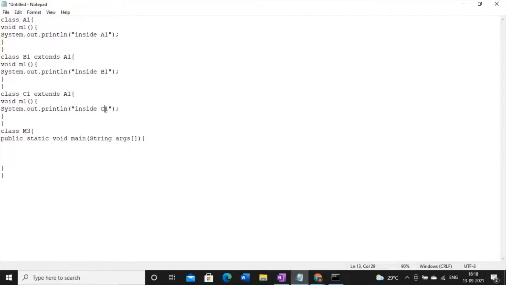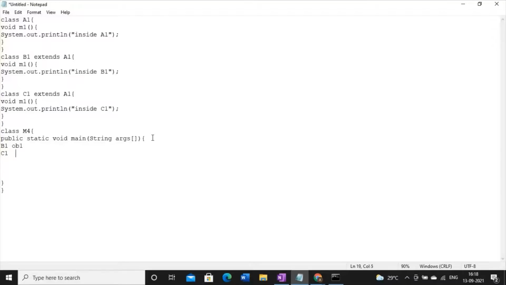So the problem of overriding is created. M1 is the overridden method. Now, since I am talking about hierarchical inheritance, what will I do? According to rule number 1, I will create an object of B1 and an object of C1. We have to create it.